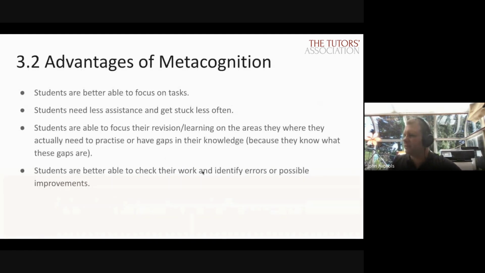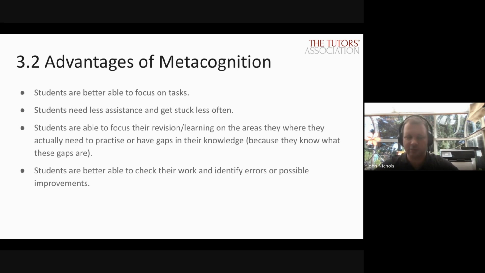So some of the advantages that I've put down. First of all, students are better able to focus on a task because they can actively reflect on what methods they're picking, and their brain focuses on actually completing the task. It's very, very hard for students to complete a task and exercise any level of metacognition, and then also to focus on anything else at all. That's near enough impossible. So if they are exercising any level of metacognition, they're almost always focused on the task at hand as well.